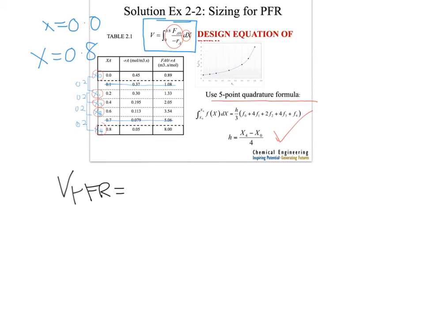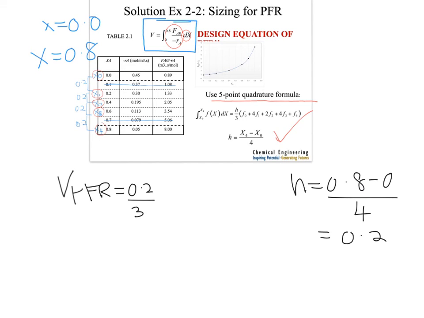Calculate h aside: h equals x4, which is 0.8, minus x0, which is 0, divided by 4, which equals 0.2. So 0.2 divided by 3 times, you have F0 is 0.89